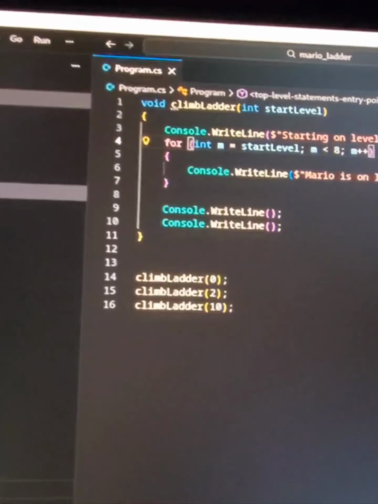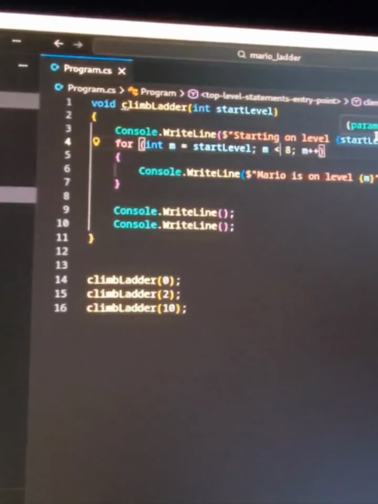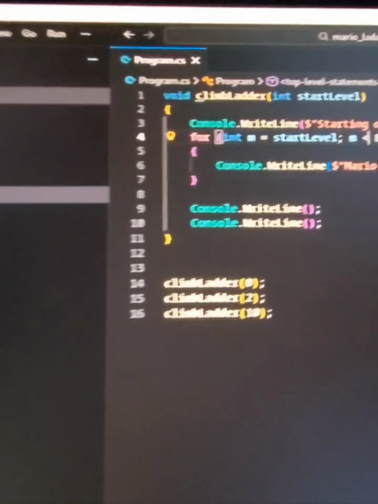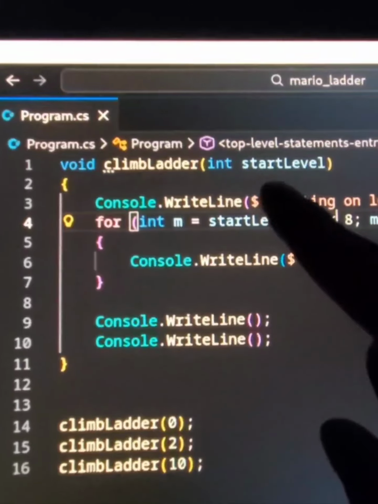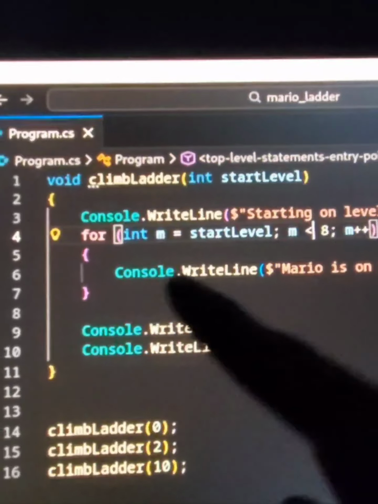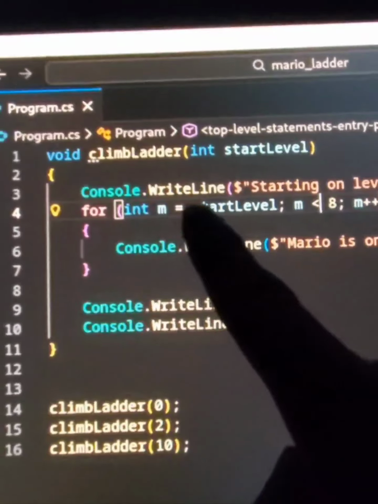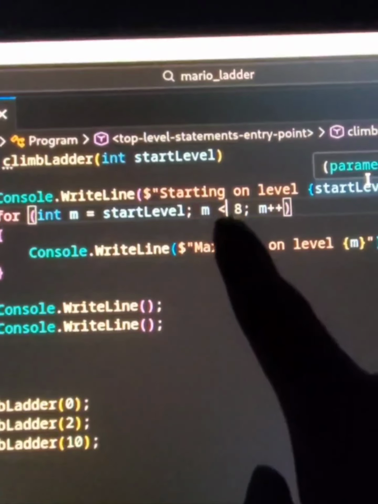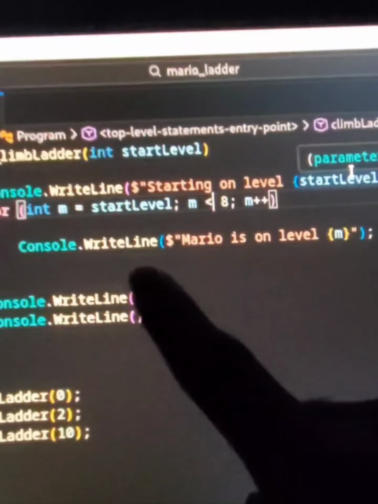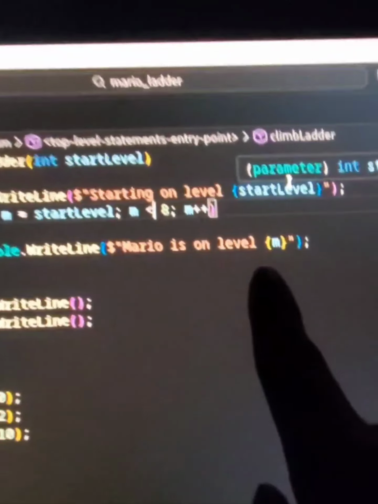All right, I wrote up a quick C# method. C# and C are similar in nature, so you can probably understand the syntax here. I created a method called climb ladder, and it takes a value in that is an integer of the starting level. Now, based off what you described with int m is equal to the starting level with m less than 8 and m plus plus, this will print out Mario is on level and then whatever the level that Mario